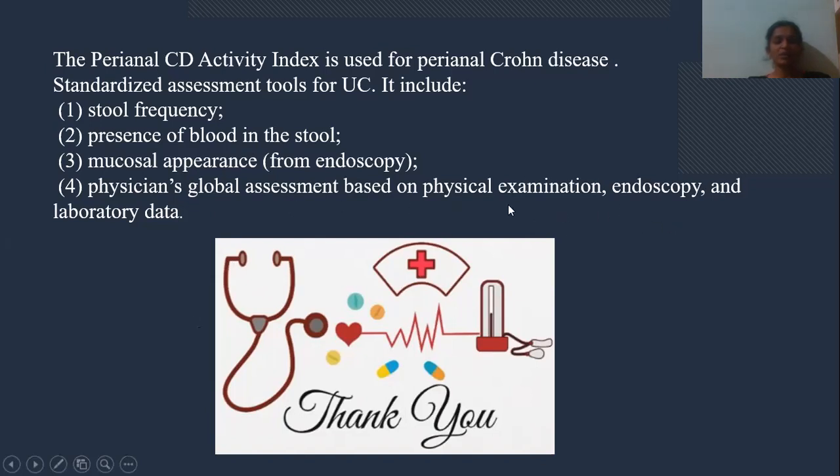If there is an abdominal mass or fissures or fistulas, that can be identified when the patient is physically examined. And in endoscopy we can see any inflammation, and if there is any stenosis in the lumen of the bowel wall, or any stricture, that can be identified through endoscopy, though we would call it colonoscopy rather than endoscopy. And then laboratory data. All these things can be used for evaluating the therapeutic outcome of the regimen.